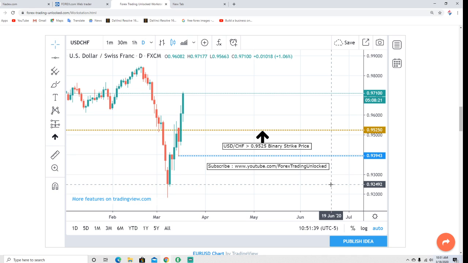Remember that the US dollar is a flight to quality, but so is the Swiss. So as the European currencies continue to fall against the dollar, if this trend should maintain itself, the Swiss may be the first one to fall off and start to gain strength again. The dollar may have a little bit of an issue once it starts to get close to parity. So don't think that this thing is going to rocket up to like $1.20 or something like that over the next couple of months. Not that it couldn't, anything can happen, but it could also be below 92 cents again in the next couple of weeks, if not the next few days with this volatility. So definitely be mindful of that.